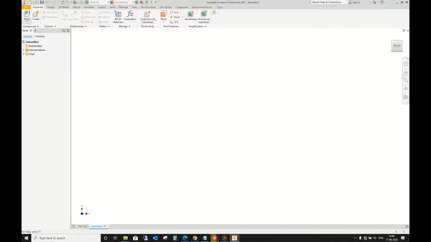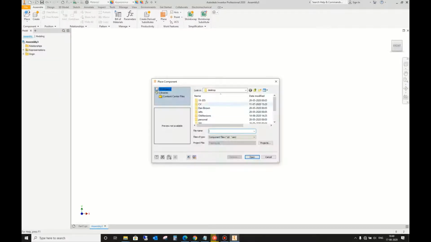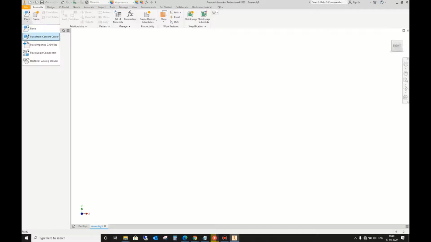Taskbar. Clicking here, we have different options like place. This option is used to place any part from any folder which we have already created. The second option is placing from the content center. So what is content center?